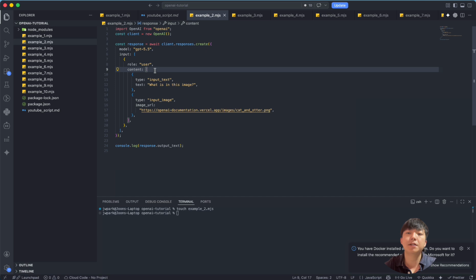In this case, the content contains two parts. The first part is text, as you can see here. This is the question we want to ask the model. The second part is the image. This tells the model, here is an image. Please look at it as part of the request. So the full message is basically saying, look at this image and answer the question, what is in this image? Finally, we print the model's answer using console.log